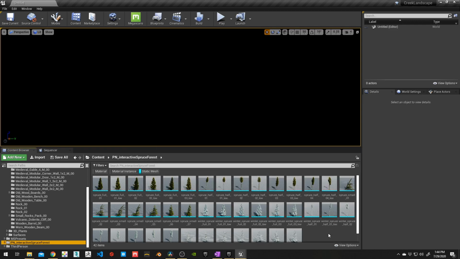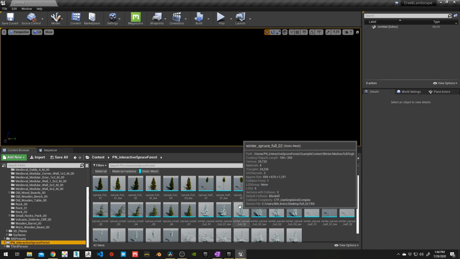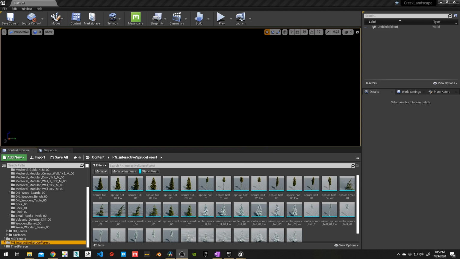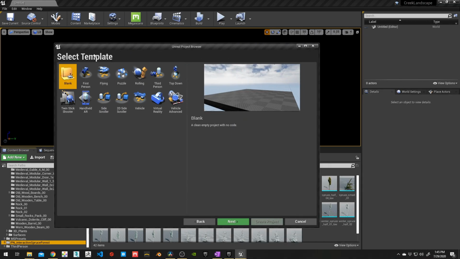And unfortunately in Unreal, there is no way to wipe a project of all the assets that aren't being referenced, but we can do that by creating a new project and using the migrate tool and only migrating over the assets we need. And to do that, I have an Unreal project browser open, and I'm going to create a